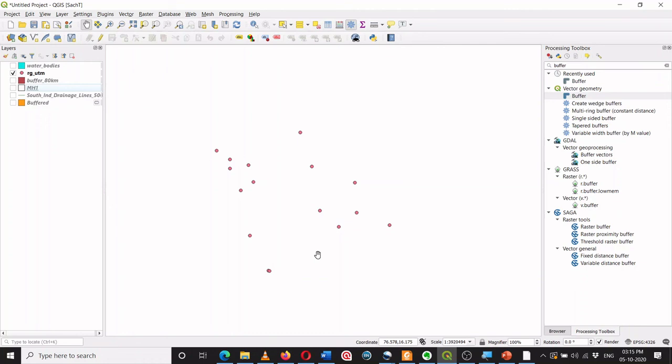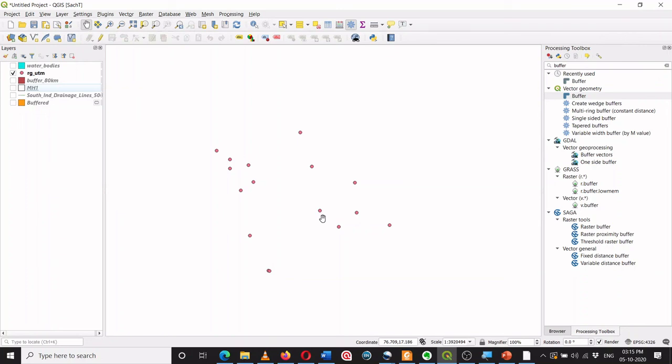For example, this can also be the location of a drinking water well in a village, and let us say the norm is that a drinking water source should be at a distance of 100 meter from the household.